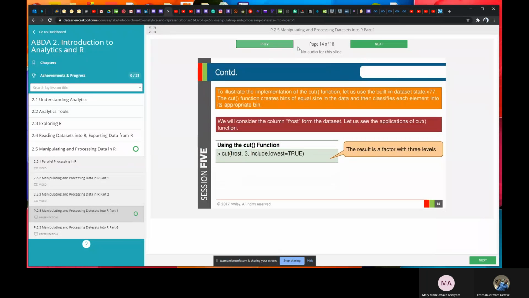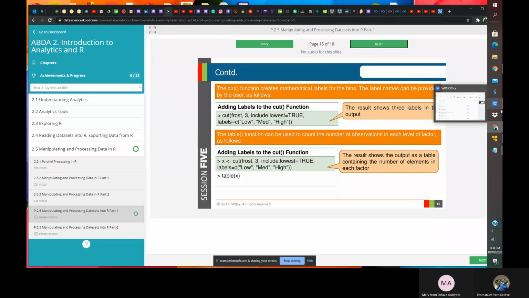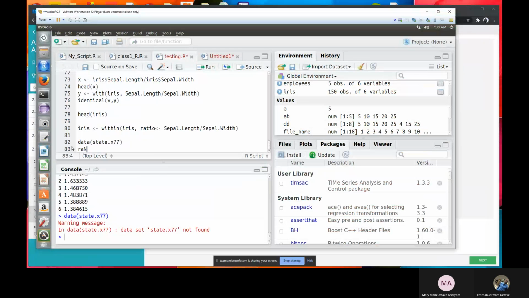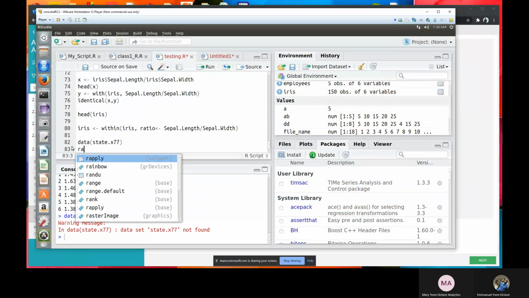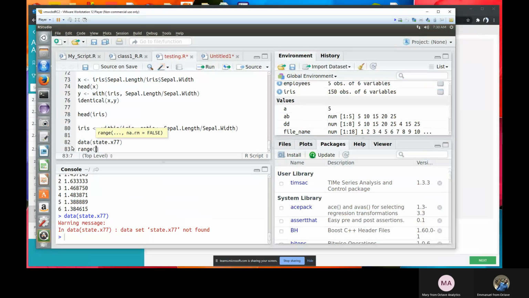Let me use a colon in the array data set to do this. Let me see the range. Can I use the range to do that?